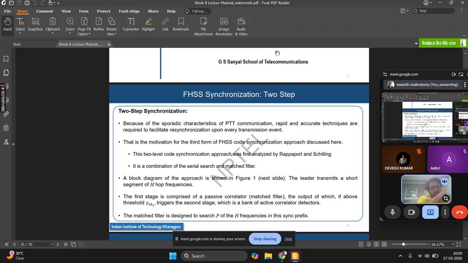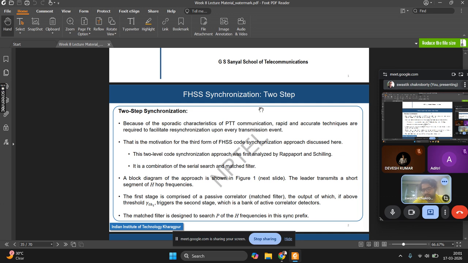Now using a low latency serial search here will not be wise, because you are synchronizing before every transmission. Because you are doing it very often, and serial search is a time expensive process, doing a time expensive process very often will of course slow down your system. Another thing is that of course you can use matched filter, but matched filter gives a lot of false alarms. So, therefore,